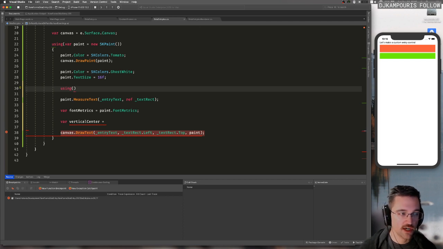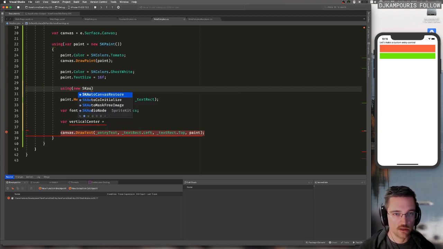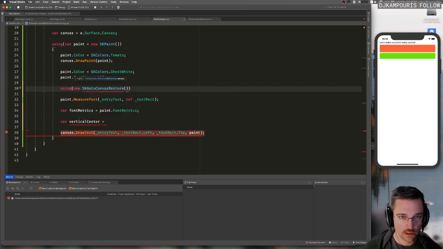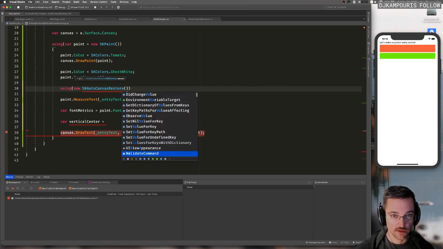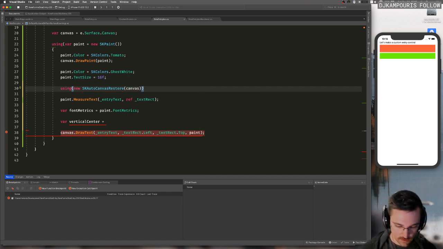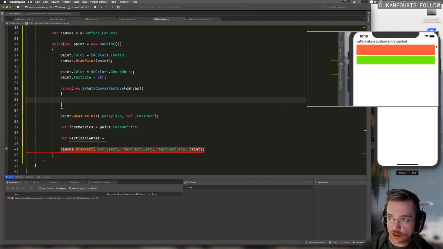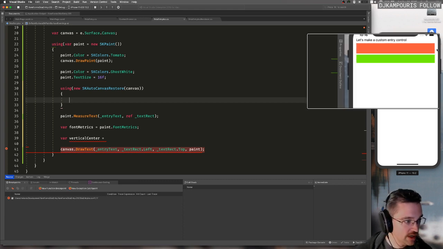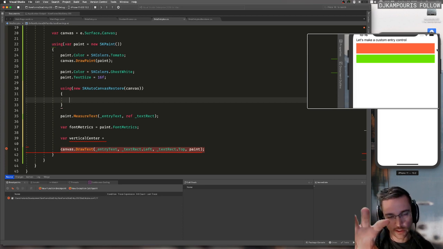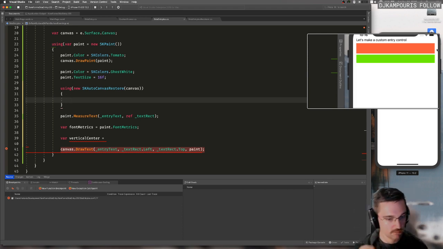To help me draw this, I'm going to create a new SKAutoCanvasRestore. What Auto Canvas Restore allows me to do is, back to our canvas, it's our canvas as it's been drawn on the screen right now. But sometimes I want to move around the canvas. If you imagine there's a spotlight or a human standing behind this canvas,